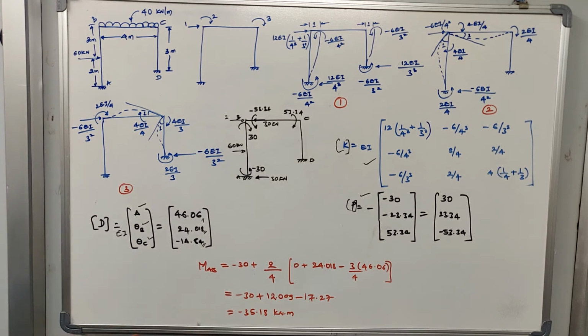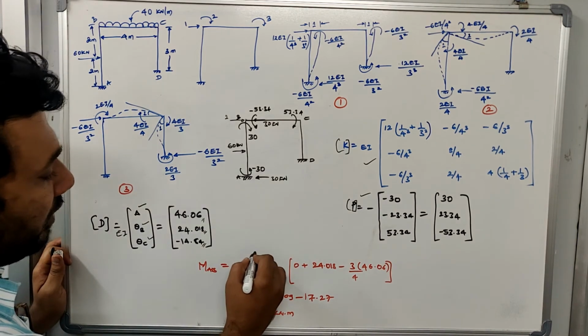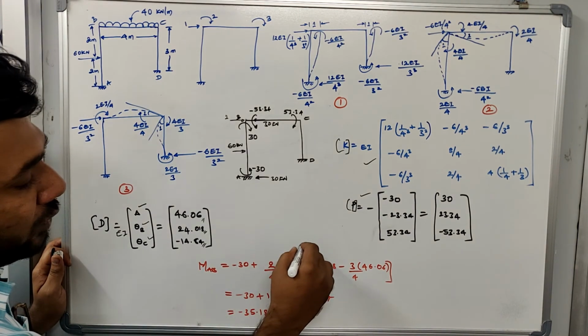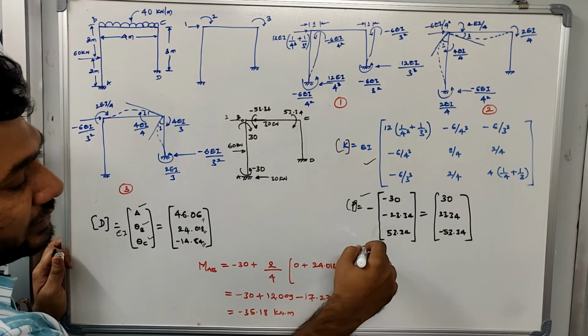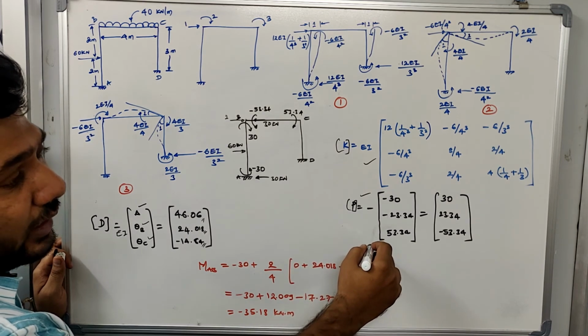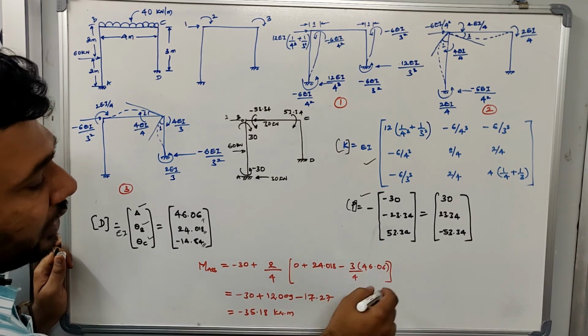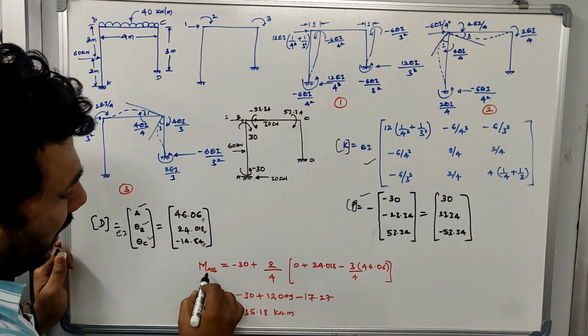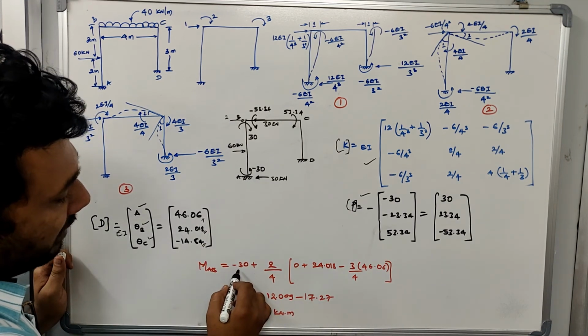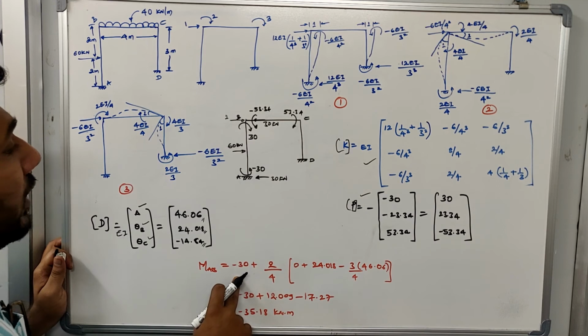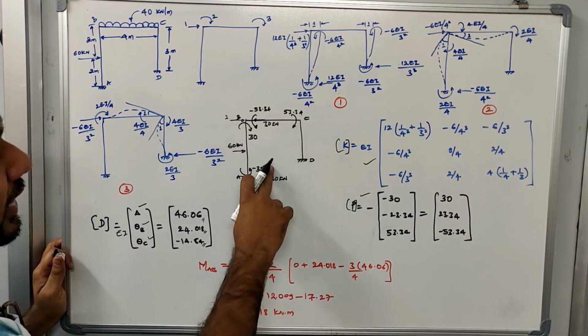Once you solve all the displacement values, both translation and rotation, the next thing you do is solve the end moments using the slope deflection equation. You already know what MAB is. MAB is equal to MFAB plus 2 EI by L into bracket 2 theta A plus theta B minus 3 delta by L. You know this, right? So MAB is equal to MFAB, and we have already solved MFAB, which is minus 30.